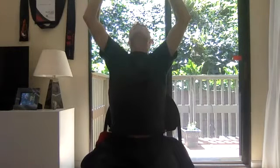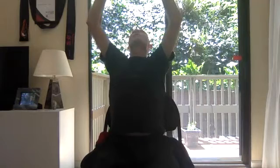Look up and rotate the palms forward, fingers still connected, palms facing down as they come down, rotating the palms up on your lap. Here we go again. Push out, rotate up and push. Breathing in,